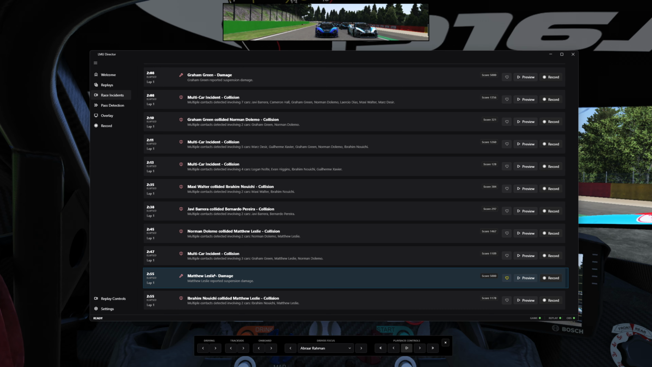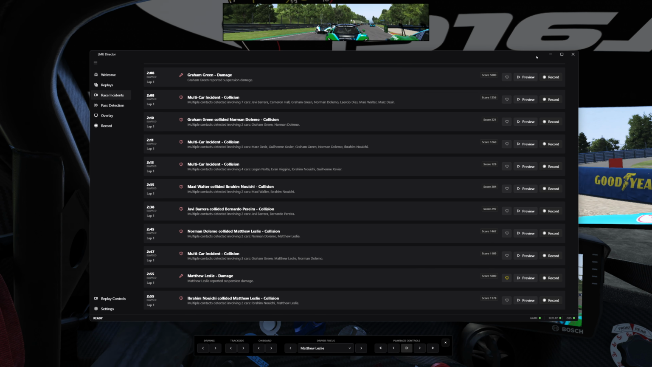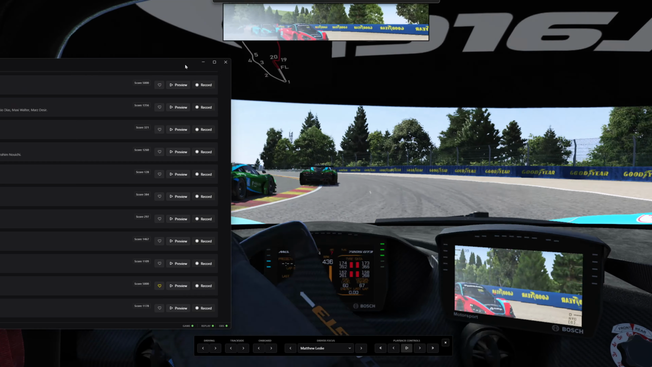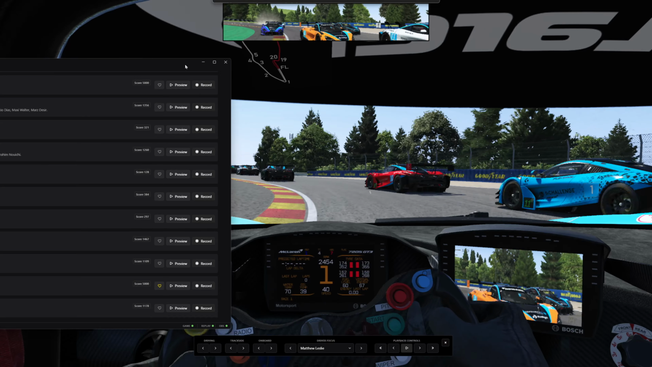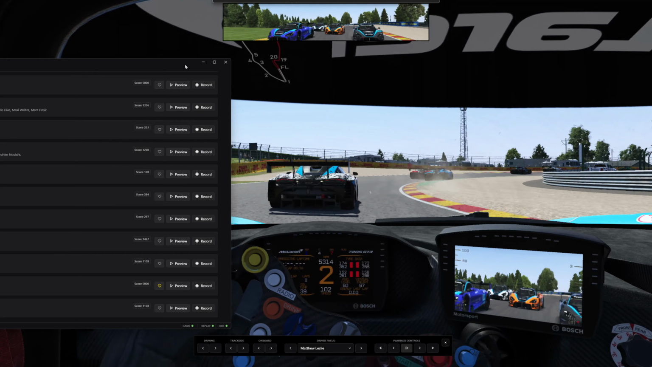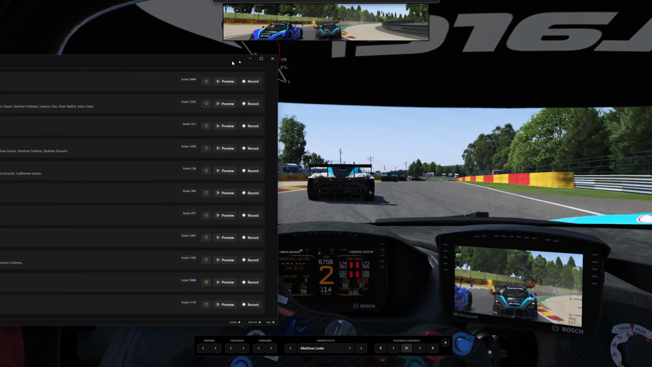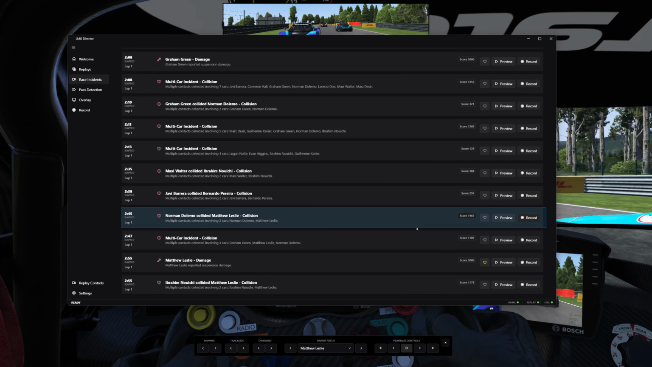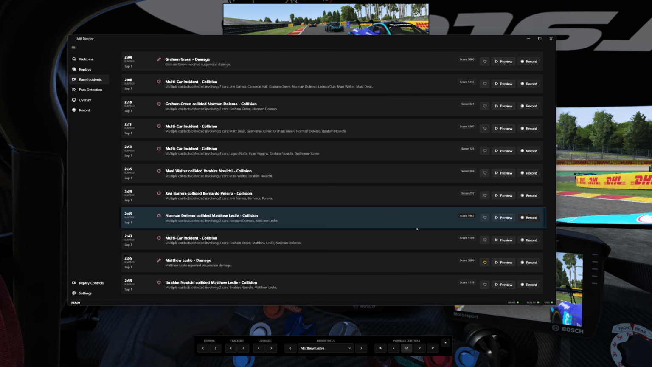So in this particular case, obviously this one's only on lap 1, you can hit the preview button, and in the window in the background here, I'll just move this out of the way, you can see there's the onboard of that specific incident playing in the Le Mans Ultimate replay screen. So again, it's just a way of not having to jump around and try to scrub through your replays to try and find specific incidents within that